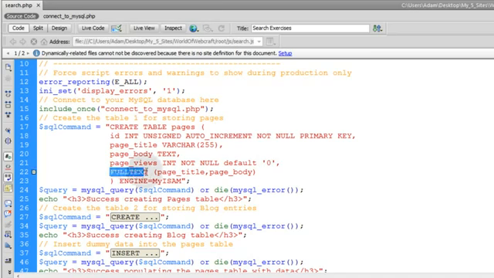And finally, we're setting a full text index on the page title field and the page body fields. So those two columns in the database table are going to have the full text index set upon them. And this is really only going to be necessary for when we go to demonstrate the full text type searches. For basic searching, it's not really necessary, and actually if you have a whole lot of data in your database